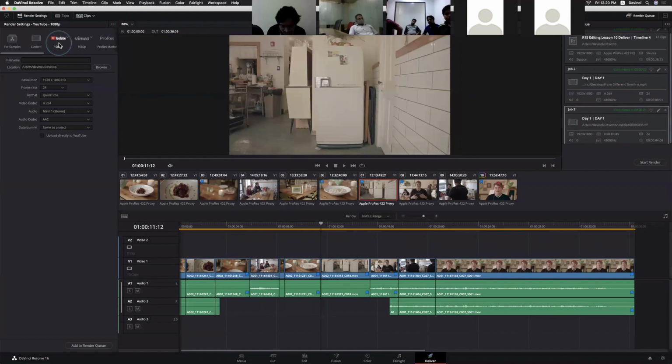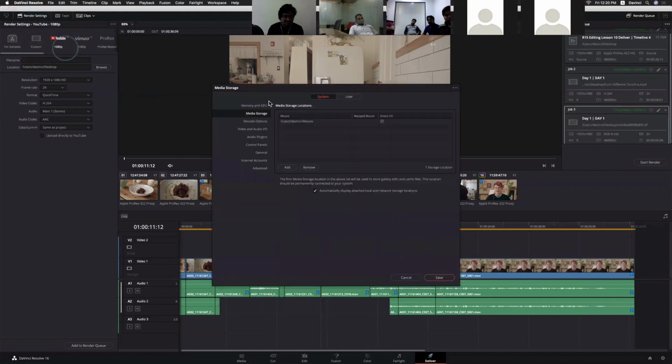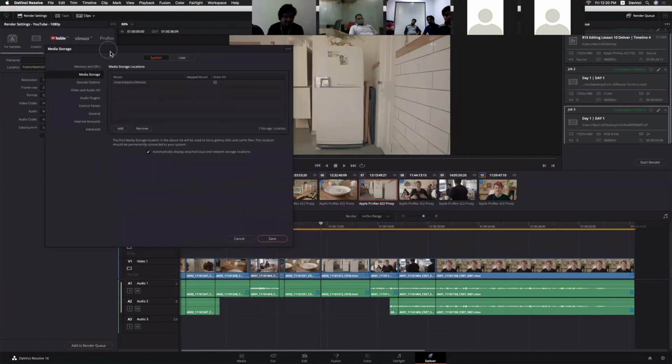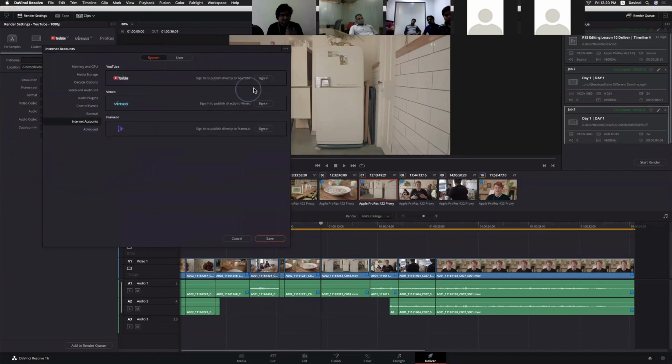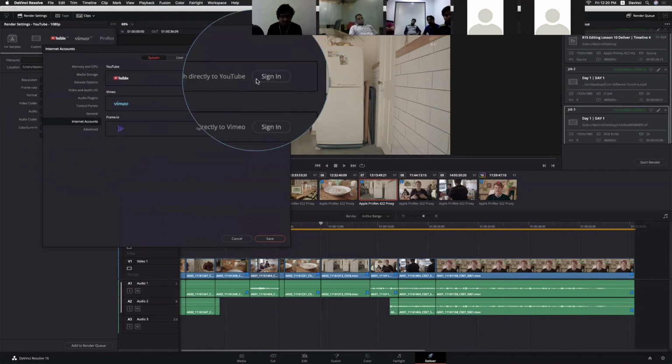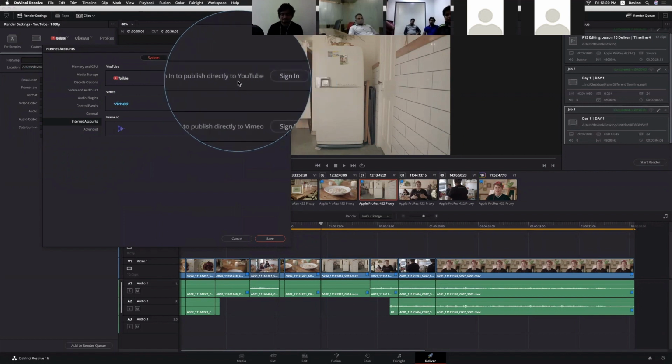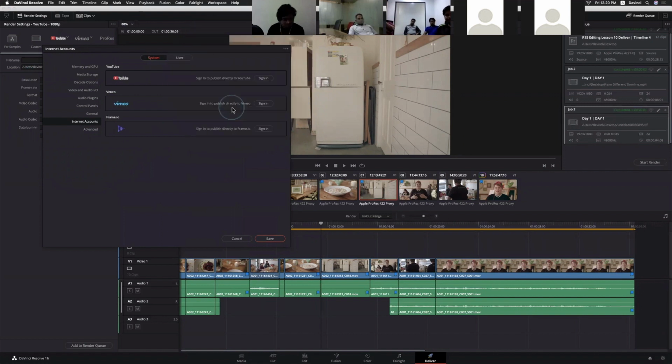To do that, go to DaVinci Resolve, go to Preferences. Now here, under the System category, you will see one option called Internet Accounts. Click this one. Now you need to sign into your YouTube channel. So you can always export directly to YouTube from your timeline. Okay, so cancel.